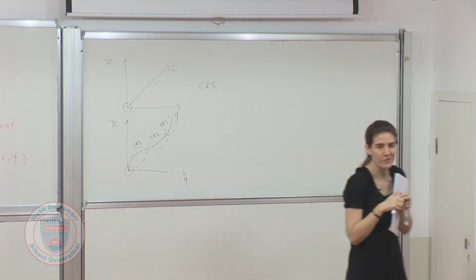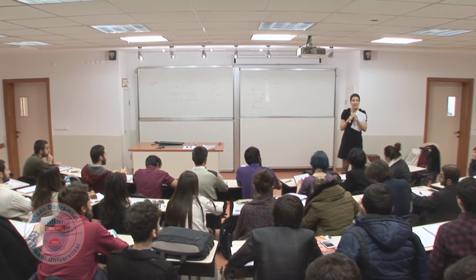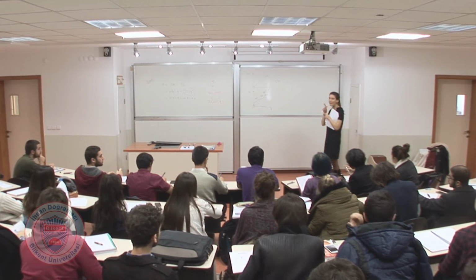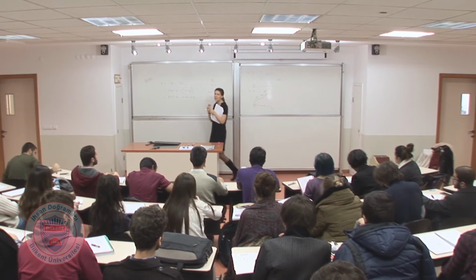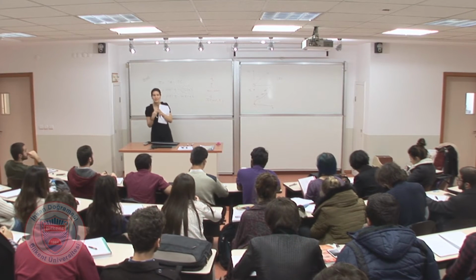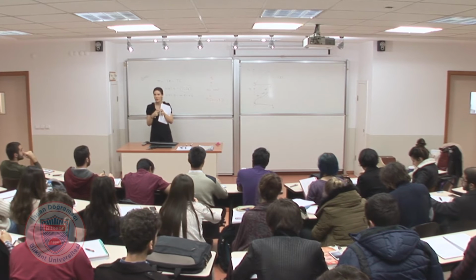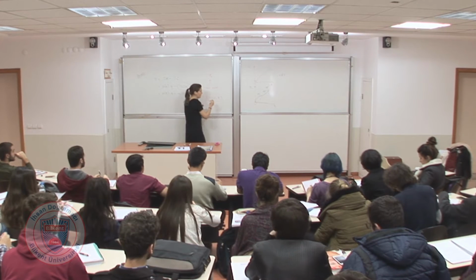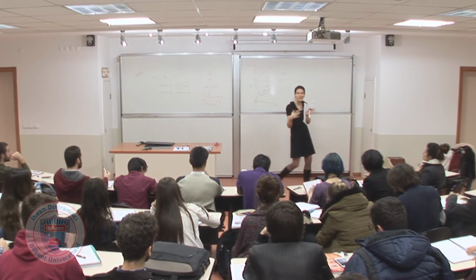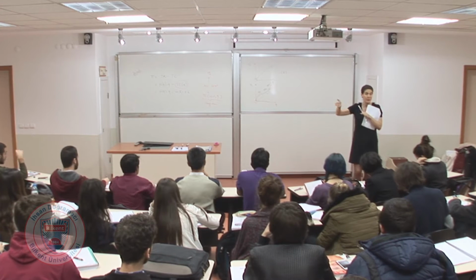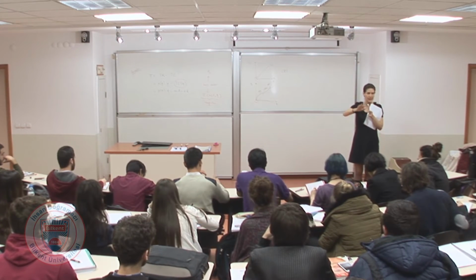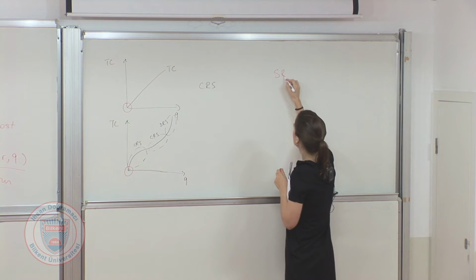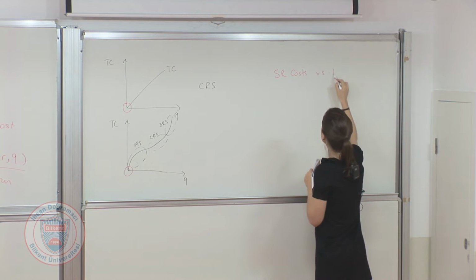Why? Labor and capital are not fixed, right? So I can change anything. So this cost function that we have found from our cost minimization problem is a long run cost function, right? So it belongs to the long run. Then we said that it's very important for a firm to distinguish between short run and long run. We'll see. So let's actually say short run costs versus long run